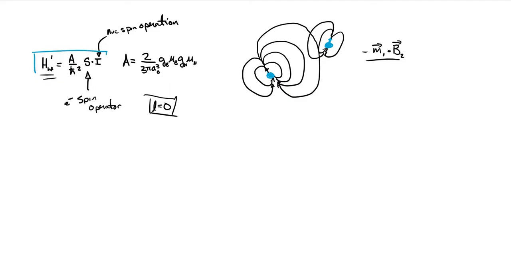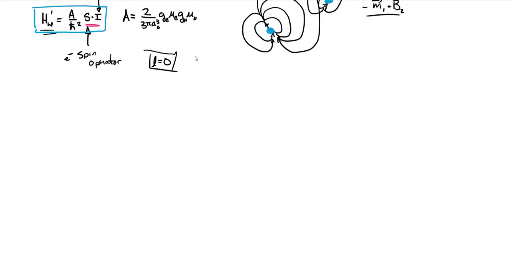What we're going to do today is look at this in more detail. We're going to start to think of how we can look at this Hamiltonian and see how it affects the energy levels in our hydrogen atom. But to do that, we're going to have to recap some things about angular momentum. Both of these operators in this Hamiltonian are spin operators that affect the intrinsic spins of these particles. So we're going to do a bit of a review and discuss the general way we can look at angular momentum.